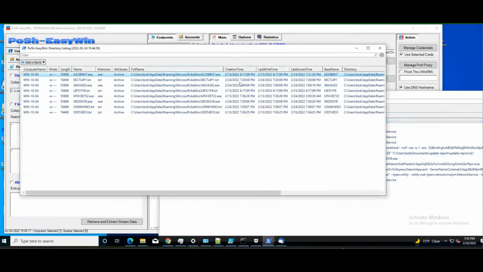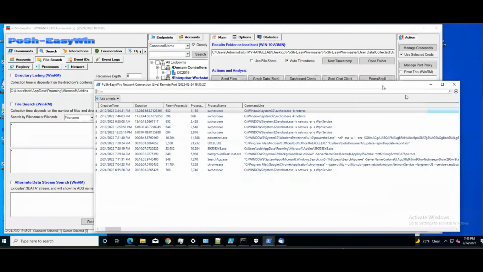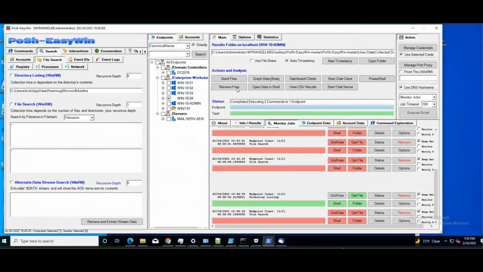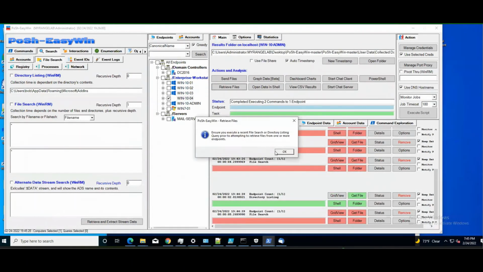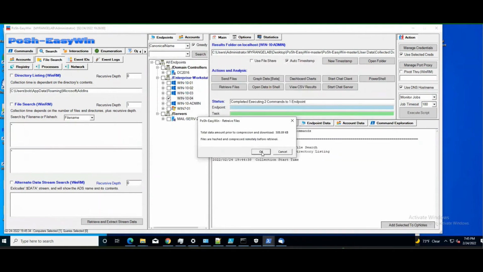Yeah, and we see that right there. Okay, so let's see if we can pull that back, retrieve files, and we have our directory listing. So let's not do that. Let's retrieve files,